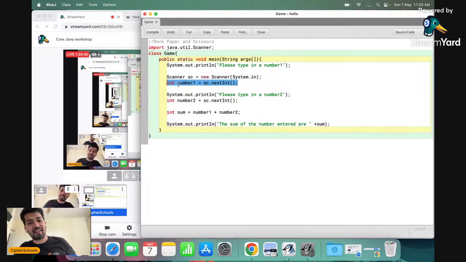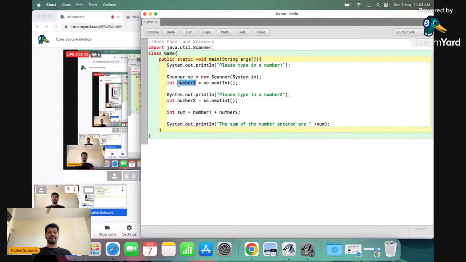Right. Now the next line is very simple. If you are coming from a C background, or if you've studied the C language particularly, it's very simple. I've written a data type, that is int. Then I've written the name of my variable. Number one is my variable name. Int is my data type, which tells me that the number one variable is capable of accepting values in the form of integers, right? And I hope that you are aware of what an integer is.